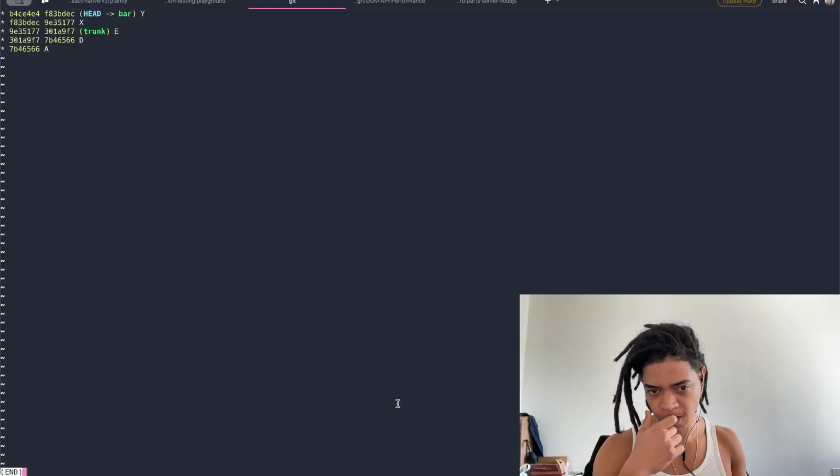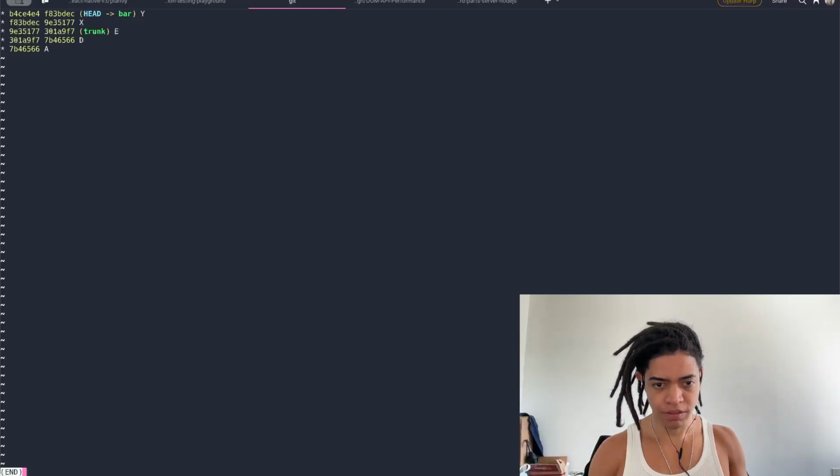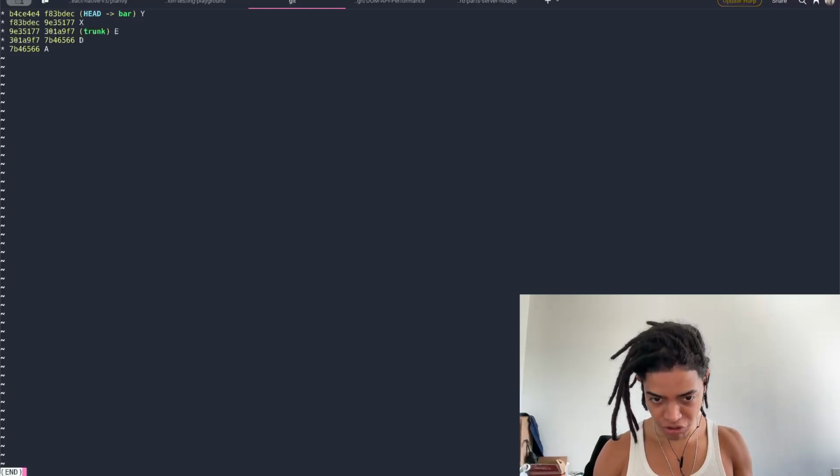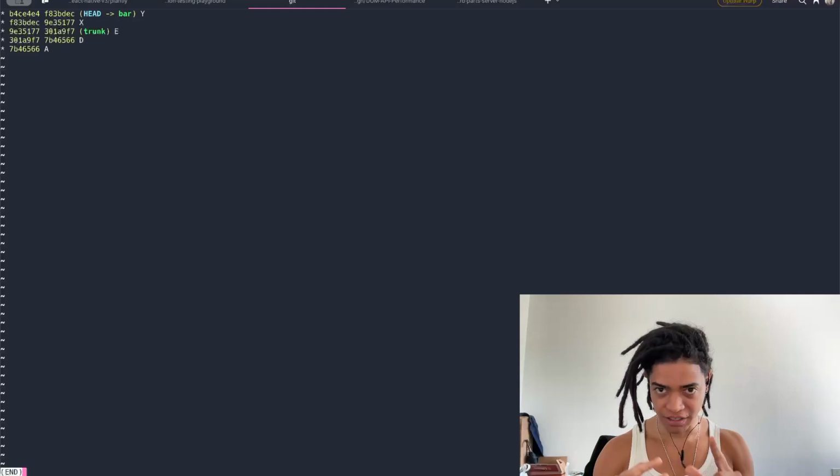All right. So when we merge bar with trunk, this is important, because trunk doesn't have any